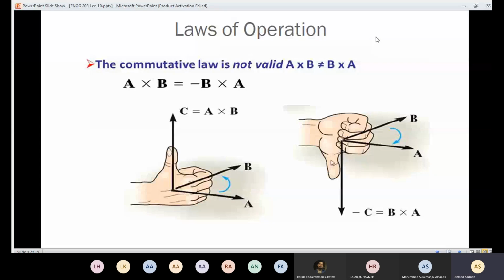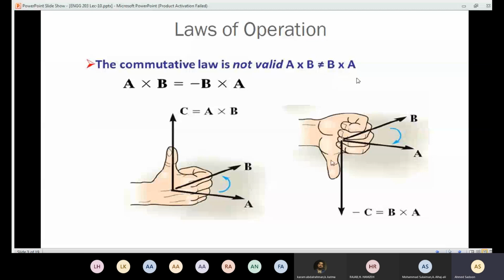The first point is that the commutative law is not valid here, which means that A cross B does not equal B cross A. In other words, if you change the order of the vectors, from A, B to B, A, the result is not the same. And the reason for that